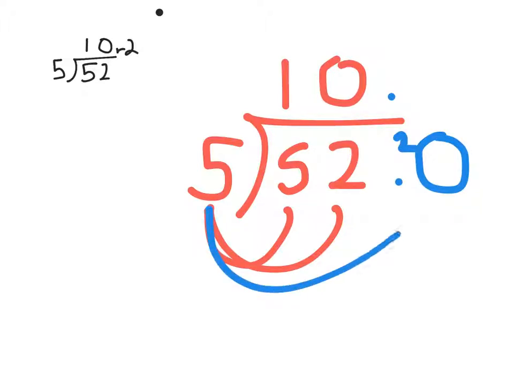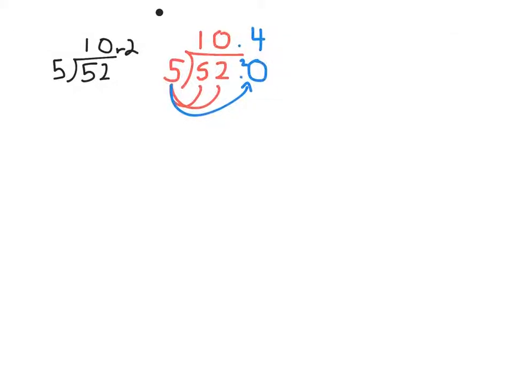Now I go, 5 goes into 20. 5 goes into 20 perfectly. It goes into it 4 times. So my answer is 10.4. It's really quite simple. But what about a harder question? Let's say I wanted to do